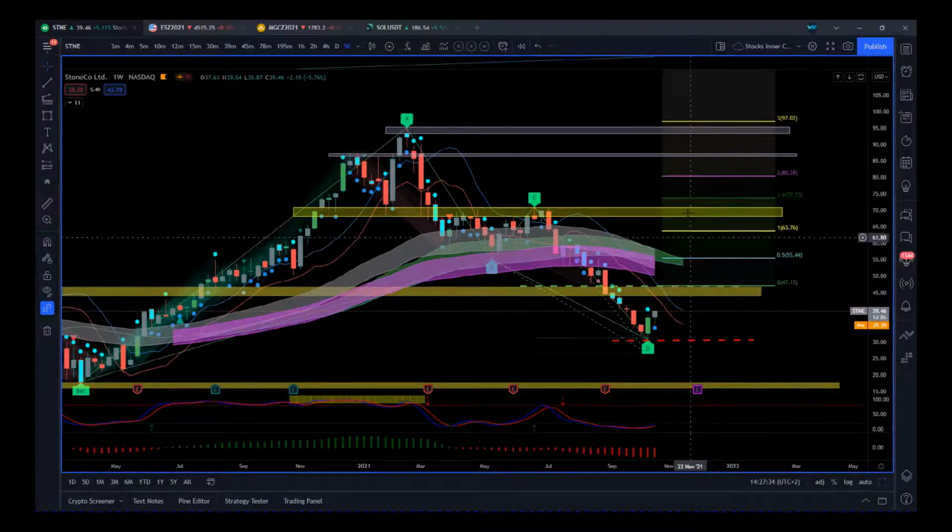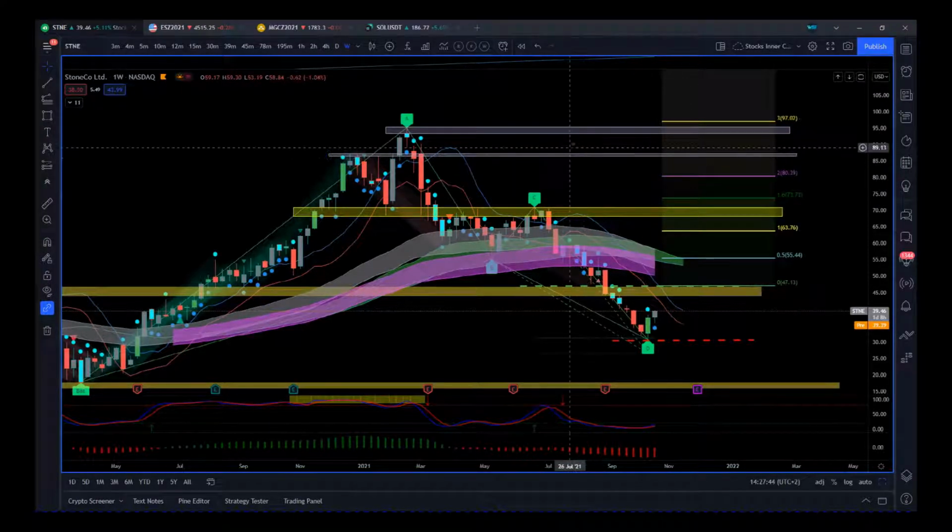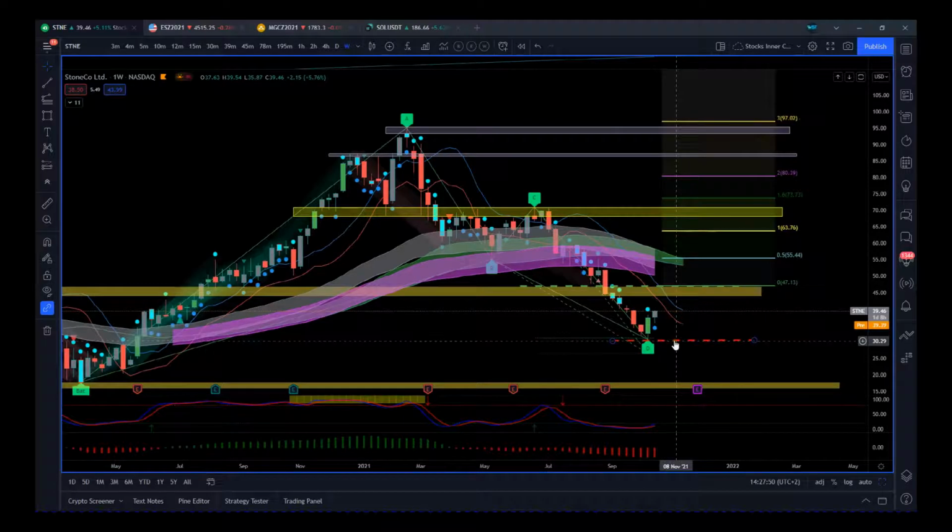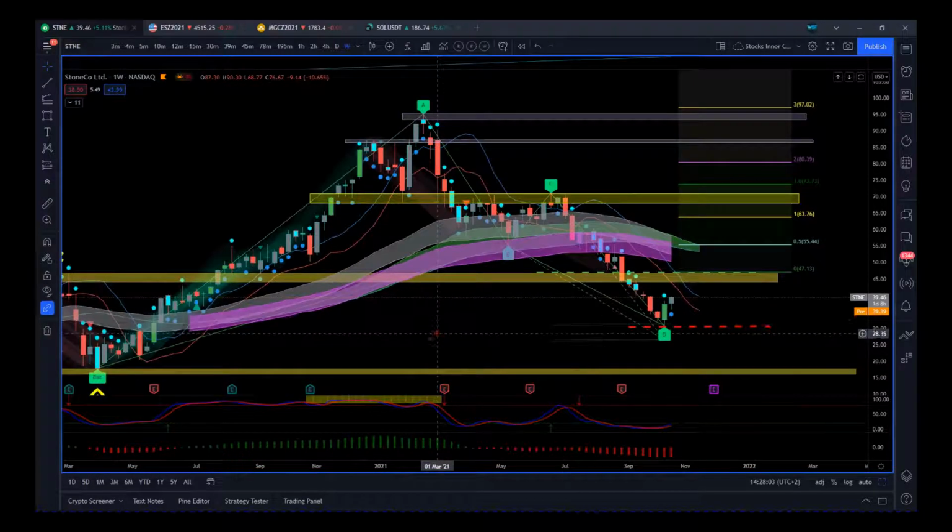zone. But when it breaks through this point, I can add some more shares, because once it's broken through the C pivot, it's more likely, because these are not as strong resistance zones, more likely to go on and test those highs. So I've got options here. I could risk $10,000 right here, buy a crap ton of shares, and if it does push through, buy some more shares. There's lots of different options, but the main thing is we've had our auto harmonic pattern on the